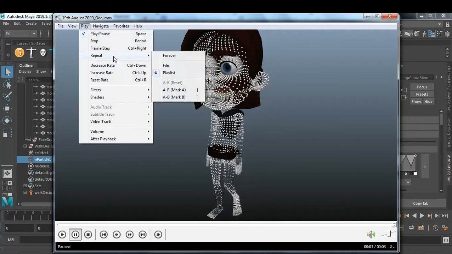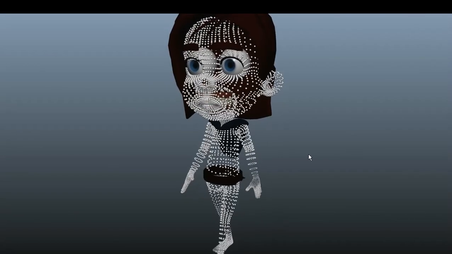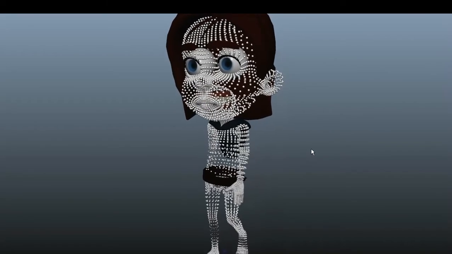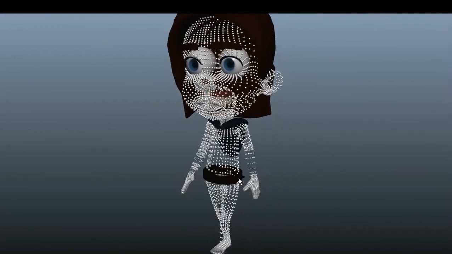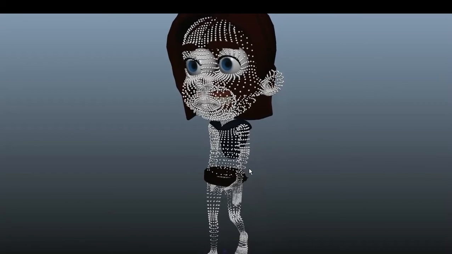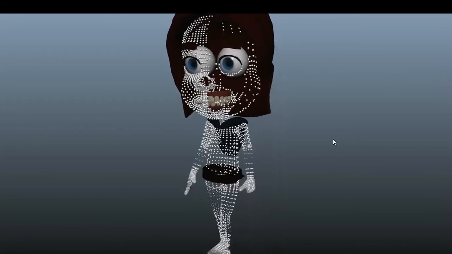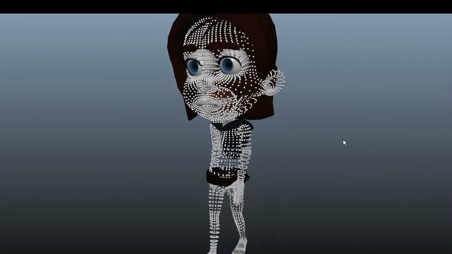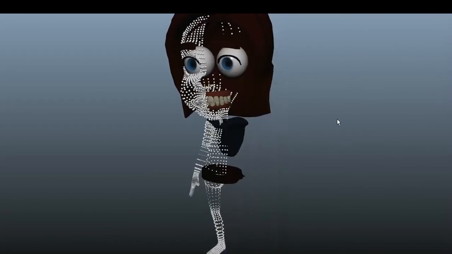Play, repeat forever. So you can see the little bit of variation in the size, you can see the little variation, continuous variation in the size. So if you want, you can add it, and if you don't want, you want a static, so just make the size static. So it's up to you.